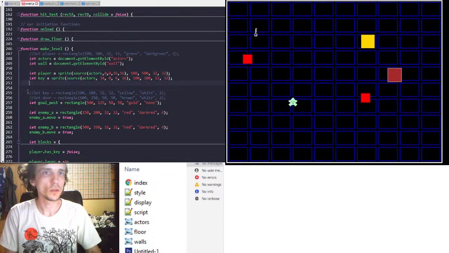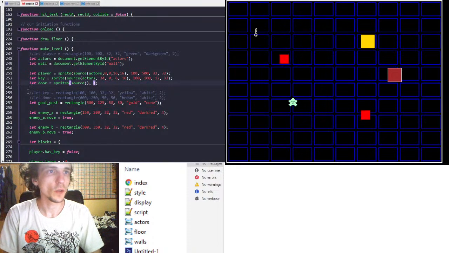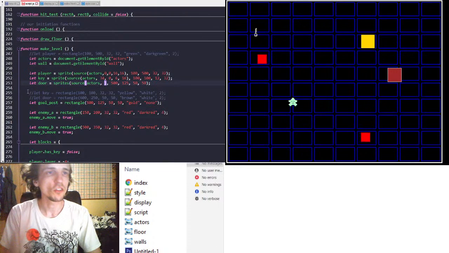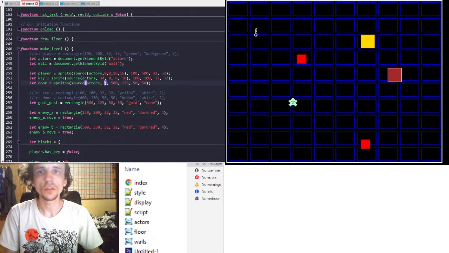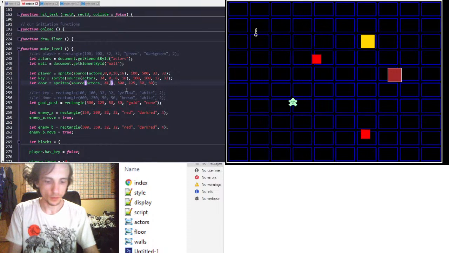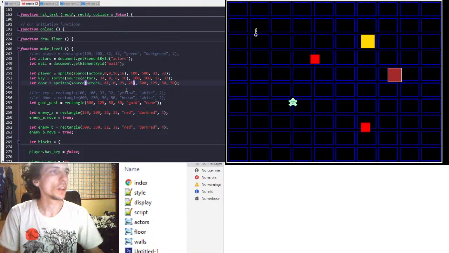Now the same for the door. Let door equal sprites source, and then where would we put in the door? 500, 125, 50 by 50. That's the X, Y, width and height. The source image is the actors again, and the X position of it is going to be at 41 pixels in. 41 pixels in, 0 pixels down. The width was 25 and so was the height. Now if I Control S that,